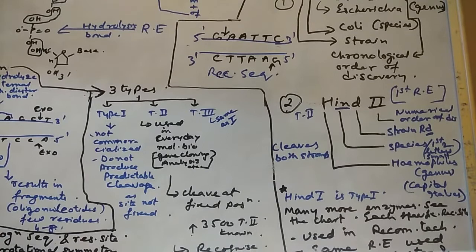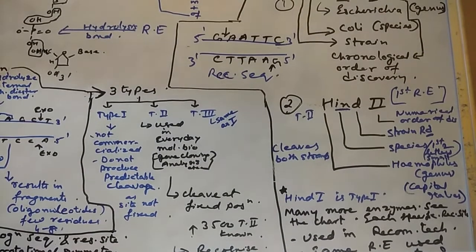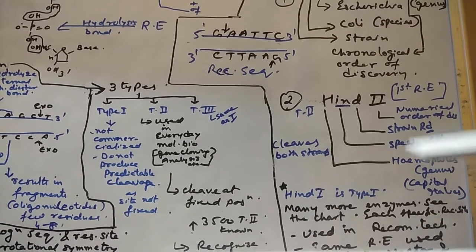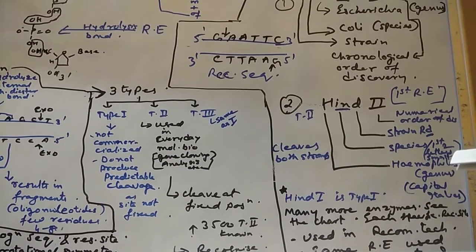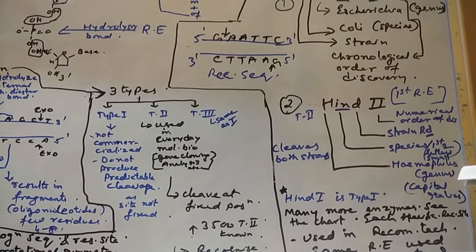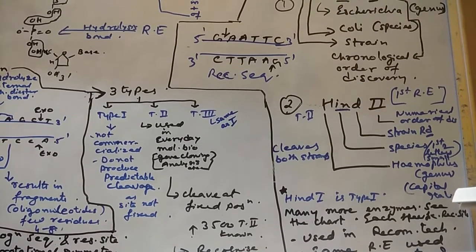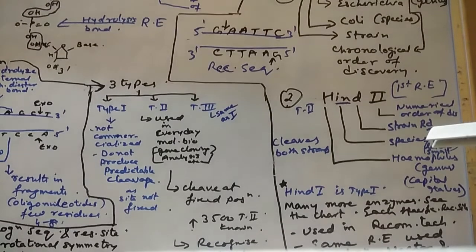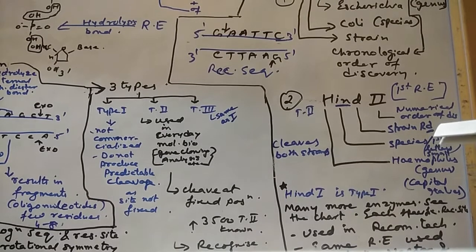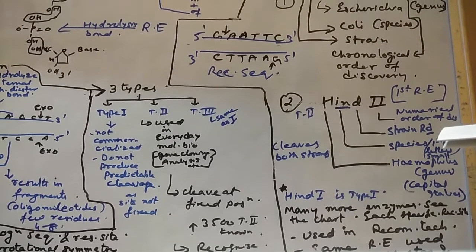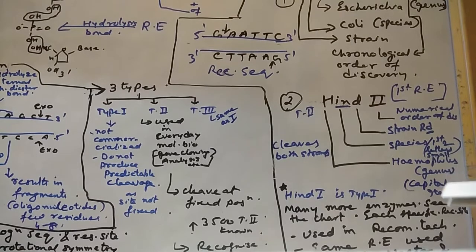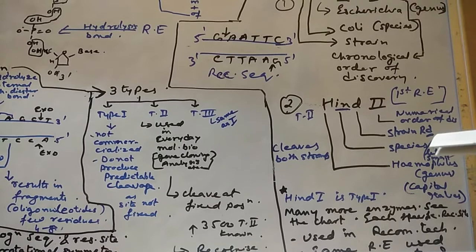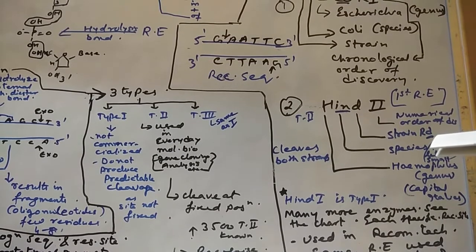HindII. Just now I discussed HindII. So HindII, the name comes with H, Haemophilus, the name of the bacteria, genus Haemophilus. Then IN, the species name, written in small case. H is written in capital, the first letter. Then d comes from the strain. The strain is Rd, Haemophilus influenzae, the strain is Rd. IN is influenzae, the species name. And d is from Rd. We don't take both R and d, we take only d.